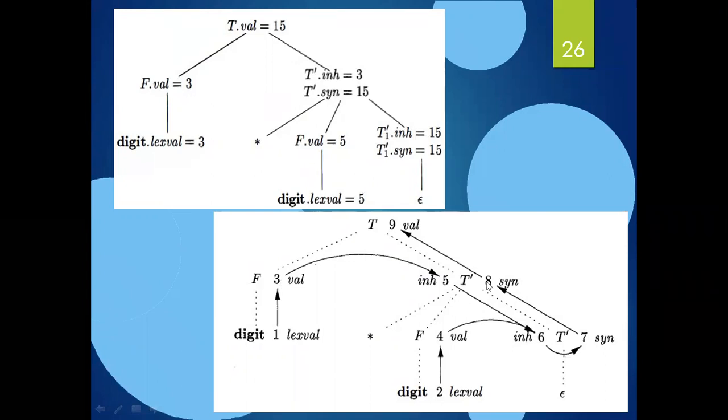And the fifth one: whatever value I computed for the node F is inherited by the T dash, where F and T dash are siblings here. That means here I am performing an inherited attribute, and this is the fifth evaluation. After assigning this digit to the node F, the value of this node is inherited by the T dash. What it means is, these two, F and T dash, are siblings here.